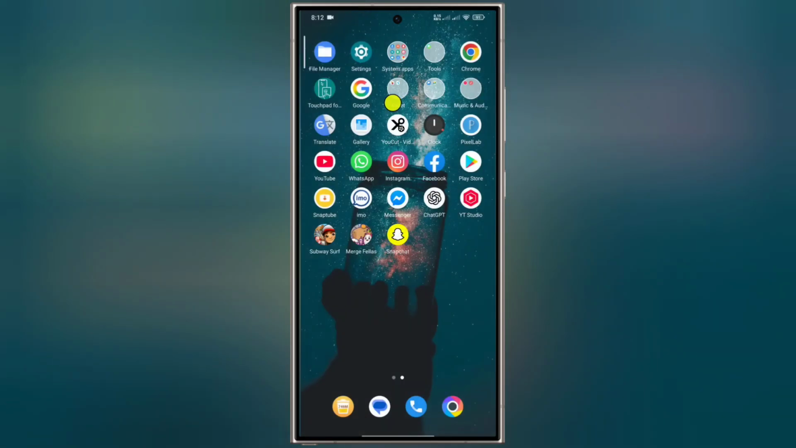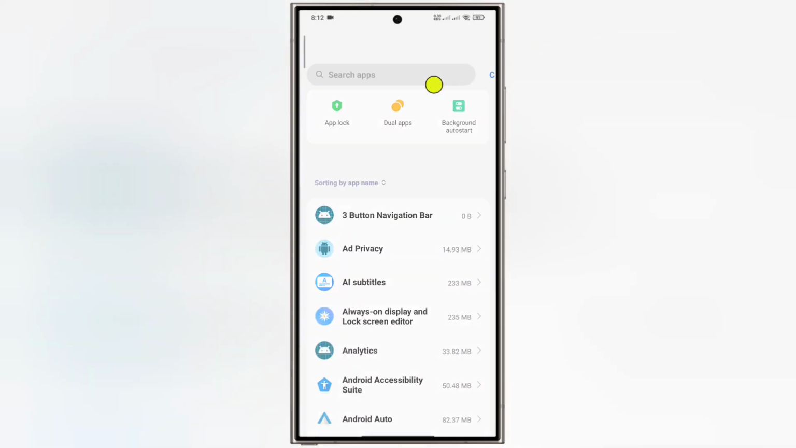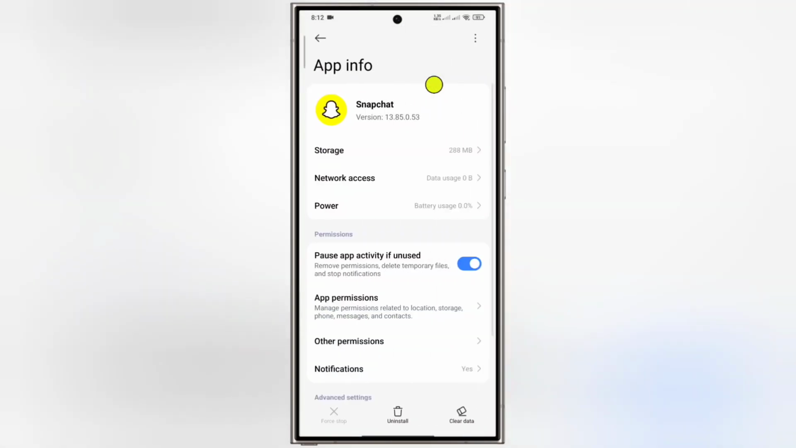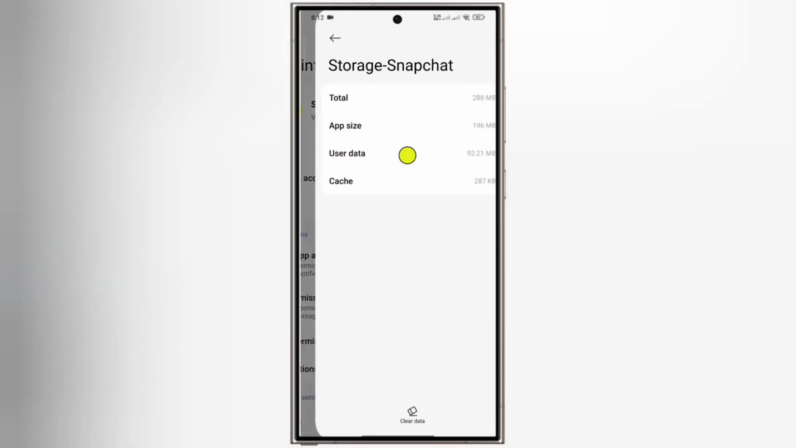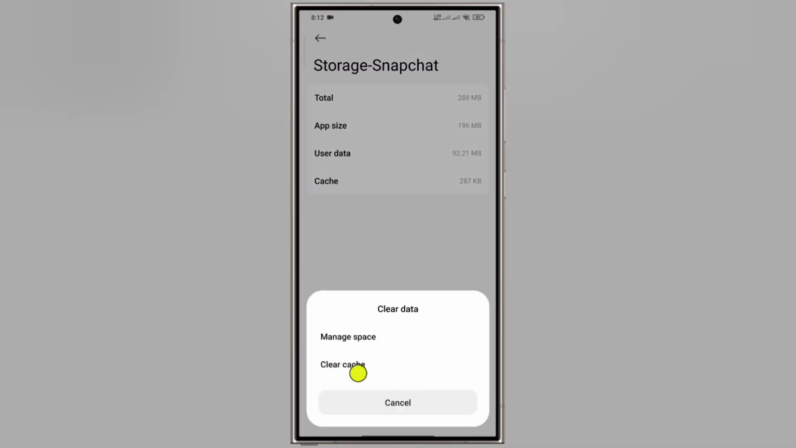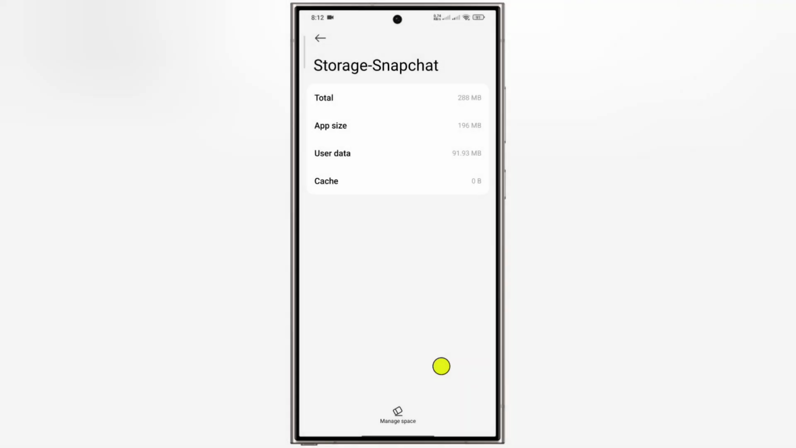Then go back, open your settings, scroll down, tap on apps, search here Snapchat, tap on storage, tap on clear data, tap on clear cache, OK to confirm, go back to previous page